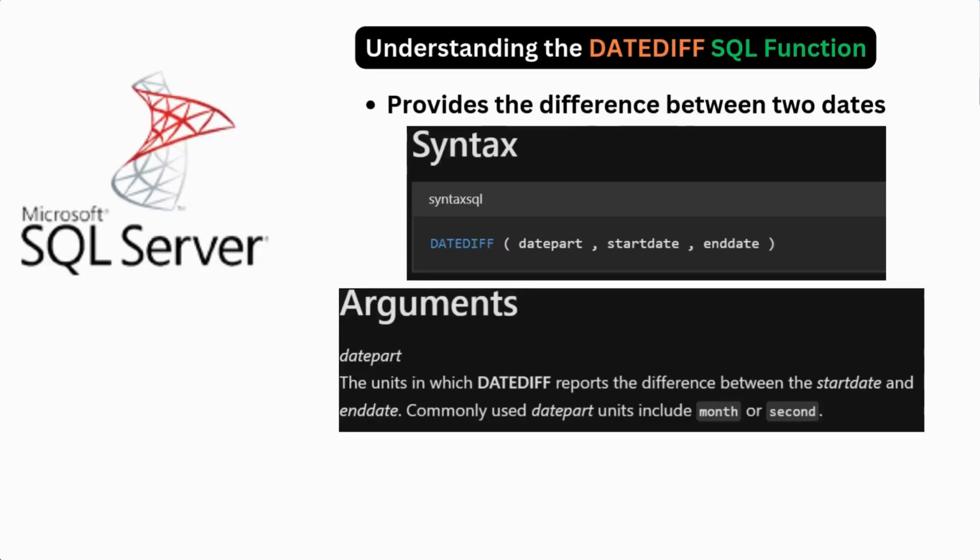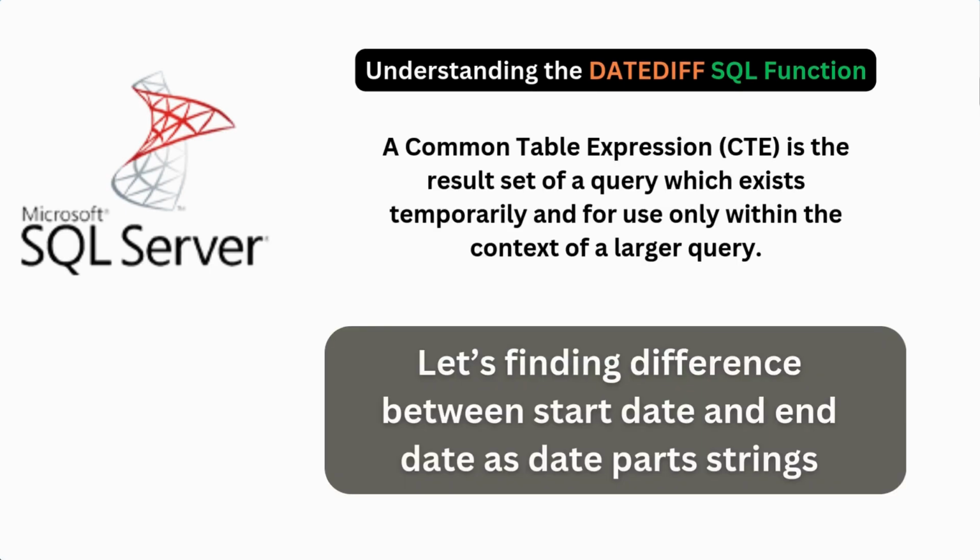It will take three parameters. One is the basis of the difference, maybe year, quarter, month, hour, minute, second, nanosecond, and then the start date and end date. So we are using a CTE, that means common table expression. So we are using a CTE with